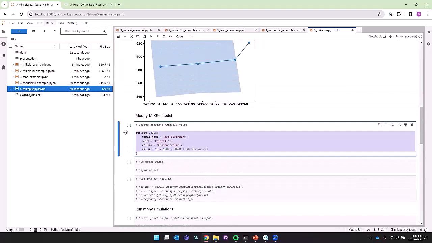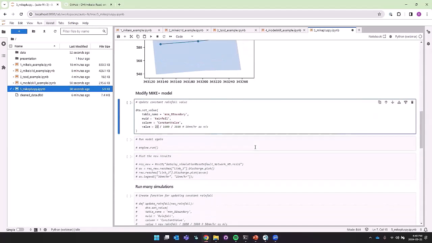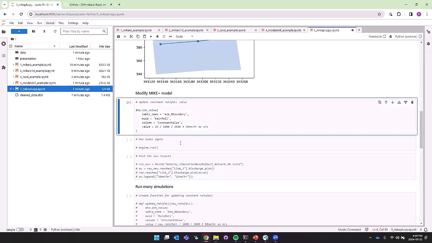We can change that constant 50 millimeters per hour to 25 with this number here. We have to know the table name, the MU ID, which column, and then the value that we want to use. You can get all of these values when you hover over the field in Mic Plus. It will tell you the table name and the column, usually. So we set that value,